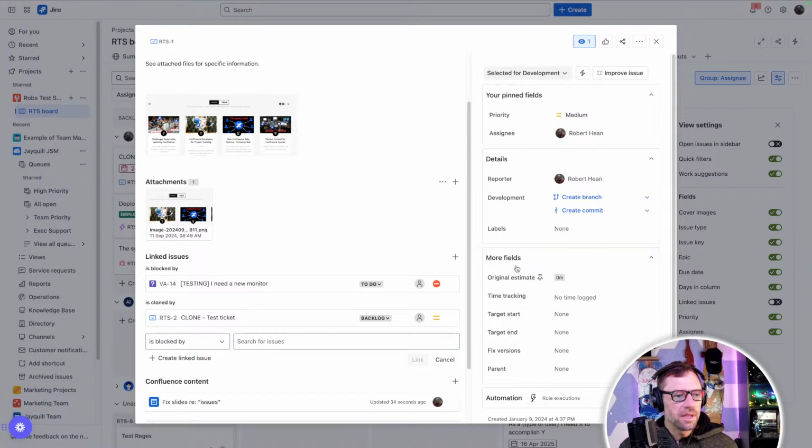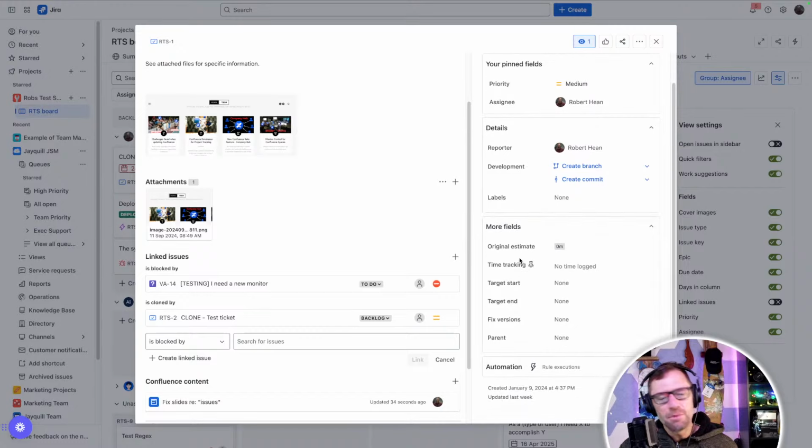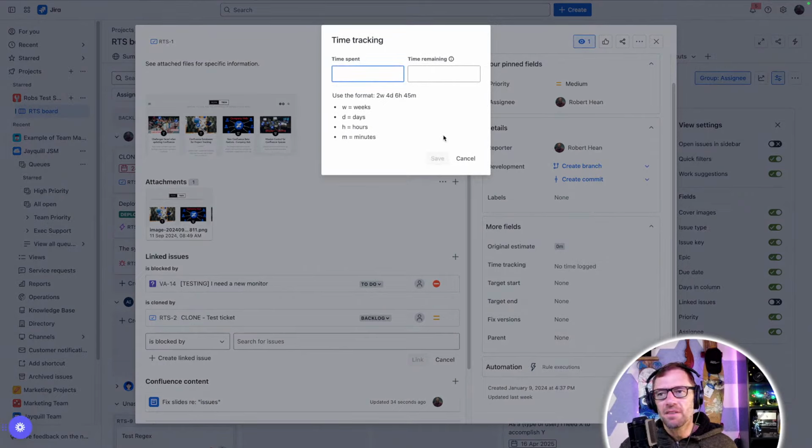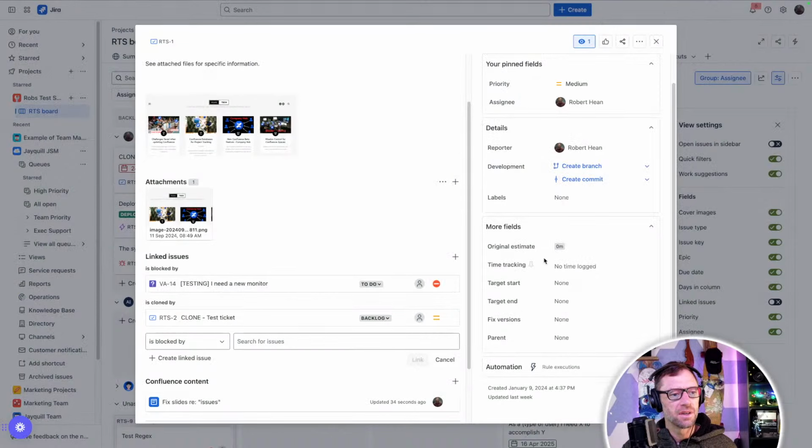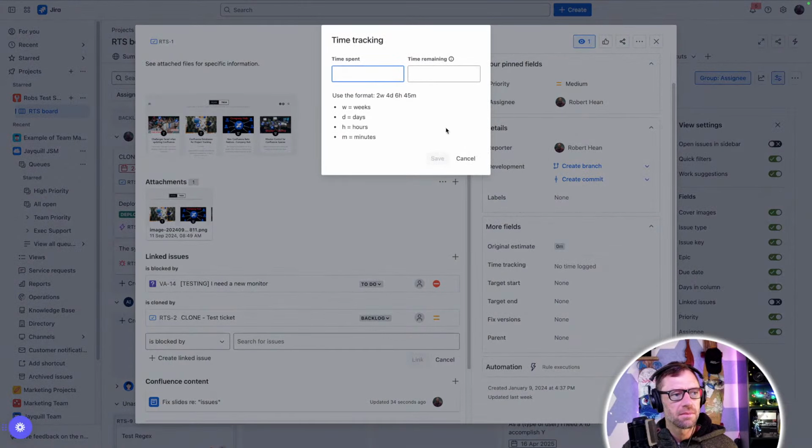Other things we can do in here, there is time tracking in Jira. Personally, I have a love-hate relationship with this. I like the ability to track time against specific things. However, it's very clunky and a bit of a pain in the rear end. And so what I mean by that is you have to come in here and find time tracking, or